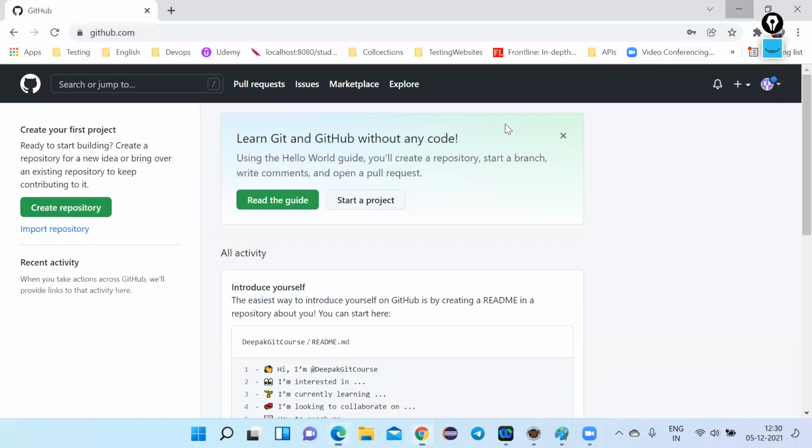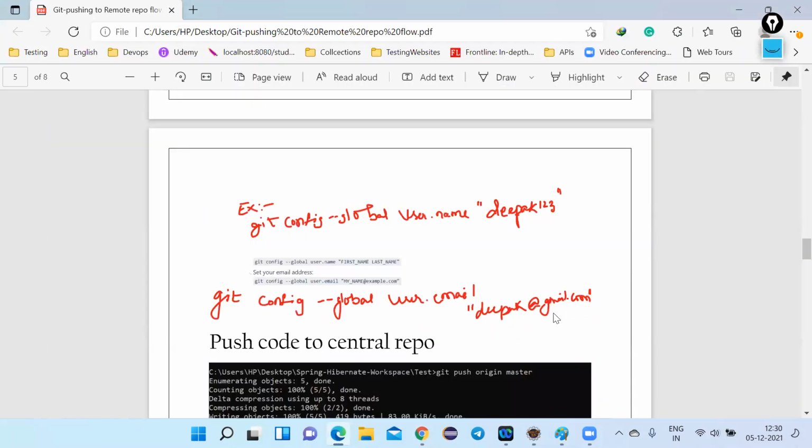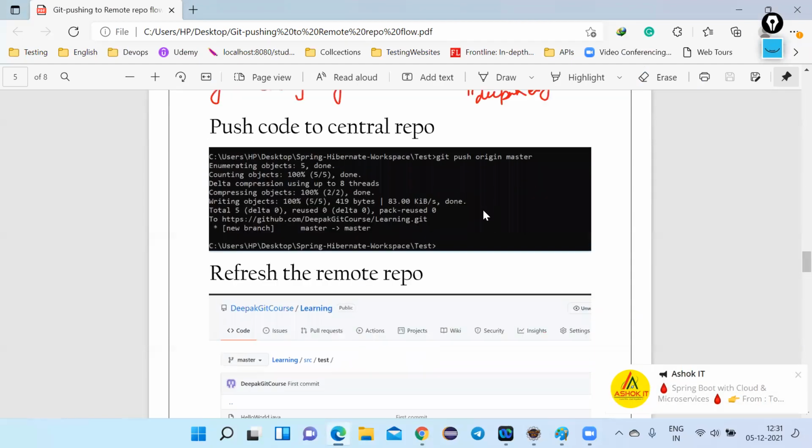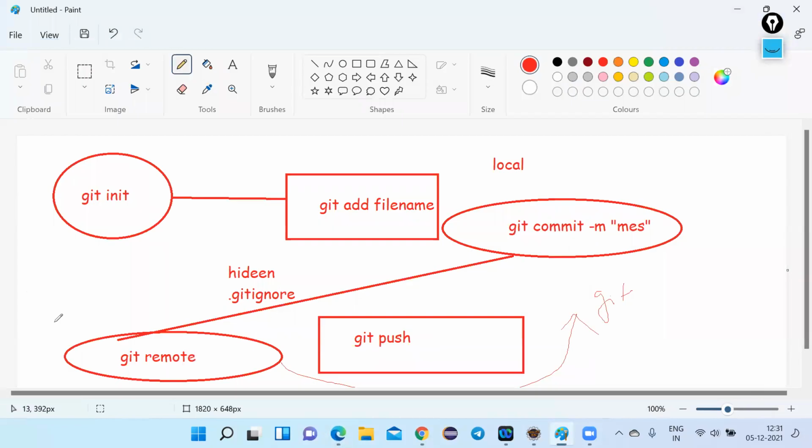You also would have a username, and you need to configure the mail address as well, user.email. After configuring the email, you would get a pop-up asking for the password. You need to give your password and use the command git push origin master, origin followed by the branch name. We'll be seeing all this practically.